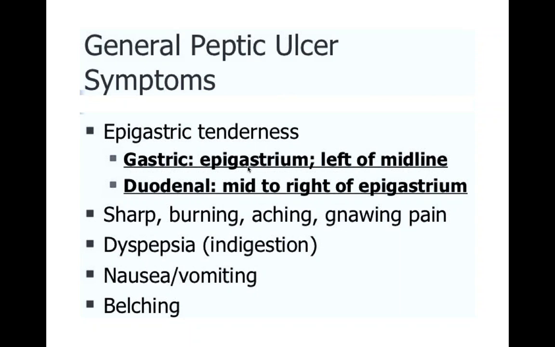Now, the pain of the duodenal ulcer gets relieved with eating due to release of bicarbonate-rich secretions, and the pain of gastric ulcer gets aggravated by eating. Why? Because there is release of acid. Whenever we eat something, there is release of acid in the stomach. So if the patient has this gastric ulcer, this is important, the patient will say, whenever I eat something, I have aggravation of the pain.